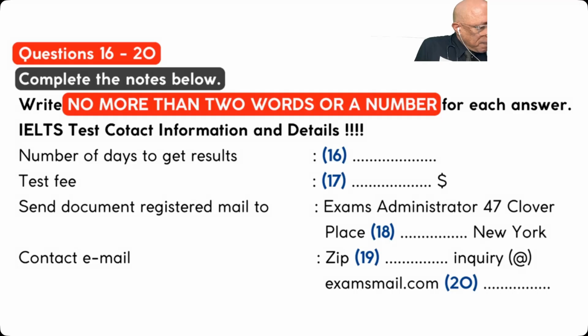And one last question. Can I mail you the application documents? Certainly. You can send all the documents by registered mail to our address, 47 Clover Place, New Rochelle, New York. Could you spell New Rochelle for me, please? Certainly. New Rochelle. Could I have the zip code as well? Sure. Our zip code is